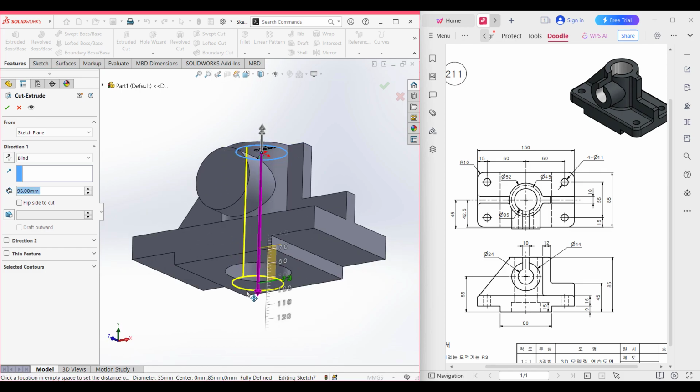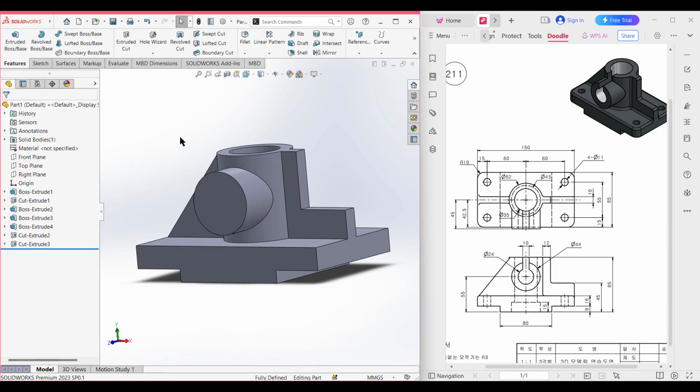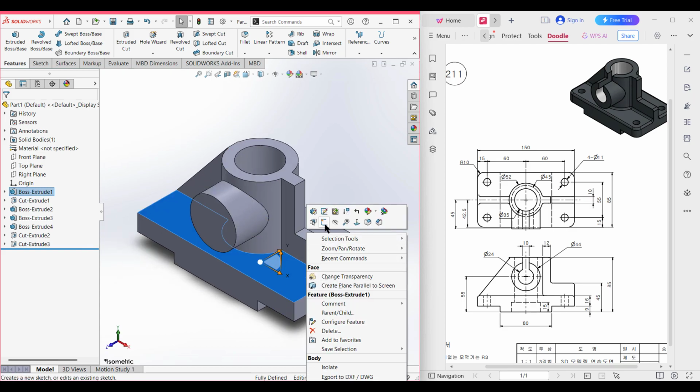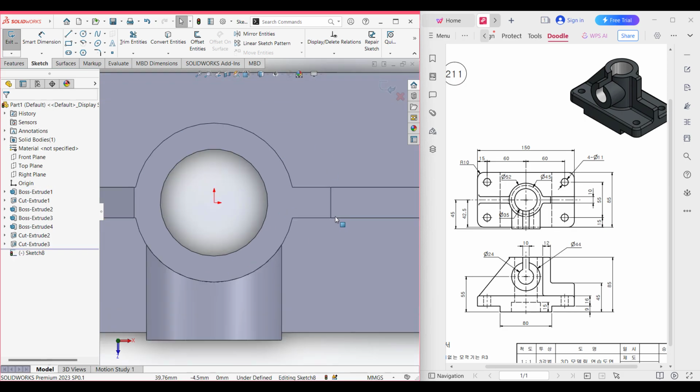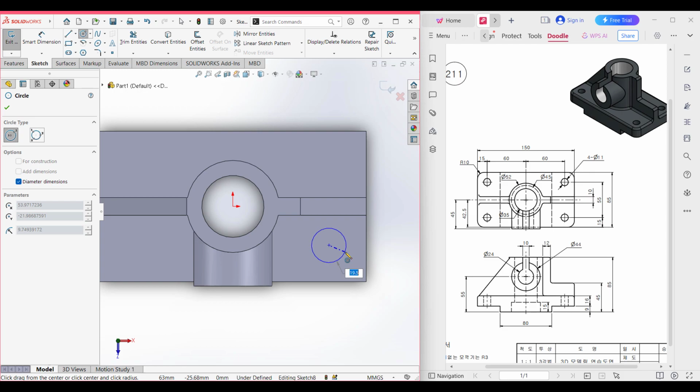Okay, or you can manually dimension it. Now press OK. So this extrude cut portion has been done. Now it's time for the extrude cut for the circle in this face. So I right click on it, now sketch, now normal to it. After that select the circle tool from here, and this circle has a dimension of 11 diameter, so dimension it